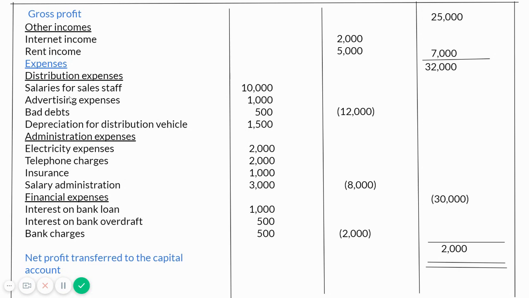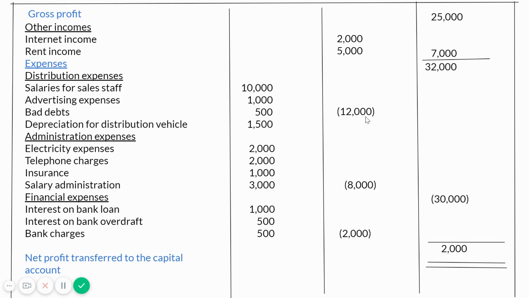So under distribution expenses, salaries for sales staff come under distribution, which is going to be 10,000, and advertising expenses of 1,000, which will help to distribute the stocks of the business. Bad debts of 500, and the depreciation for distribution vehicle 1,500, and thereby 12,000 rupees will be the distribution expenses